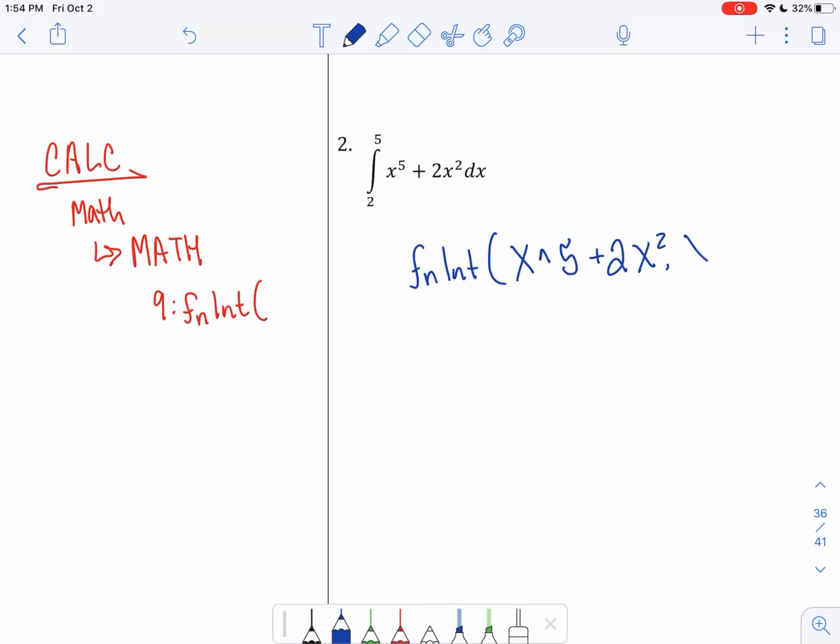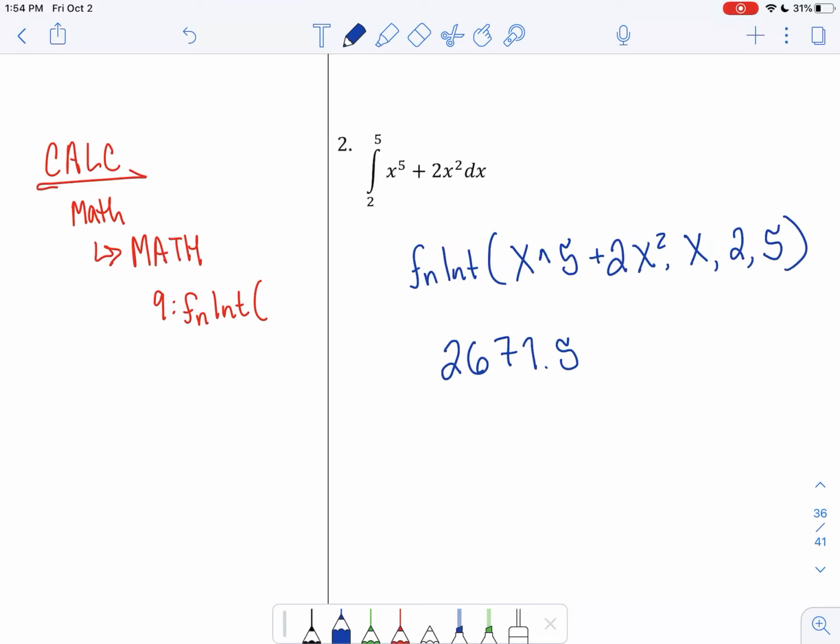Then you put a comma and the variable again, so that it knows this is like the equivalent of the dx. What variable are we using? And then the bounds, all separated by commas, and close the parentheses. So that's how you would type this in if your calculator doesn't let you write like that. And the answer you get is